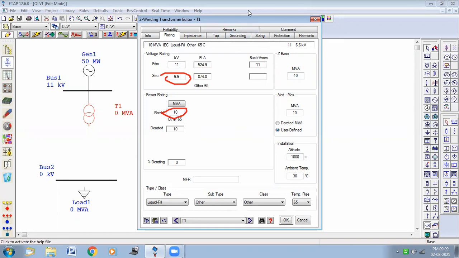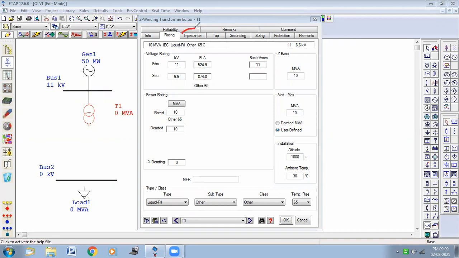You can see the primary full load current is 525 and the secondary current is 875. FLA stands for full load current. This value is very important for our next part.